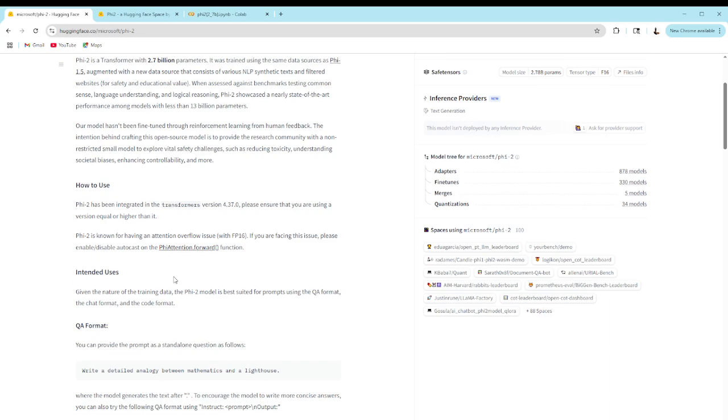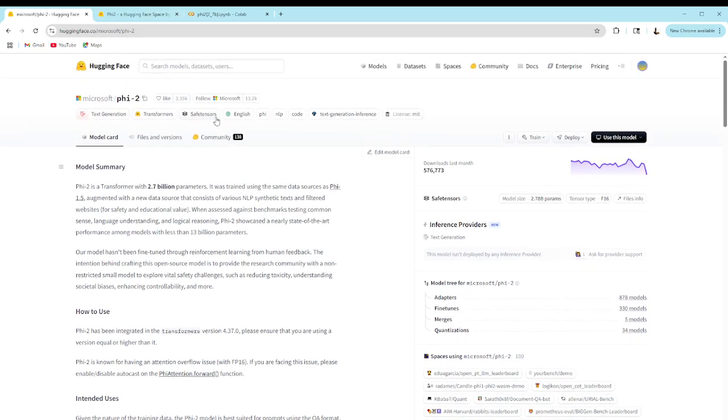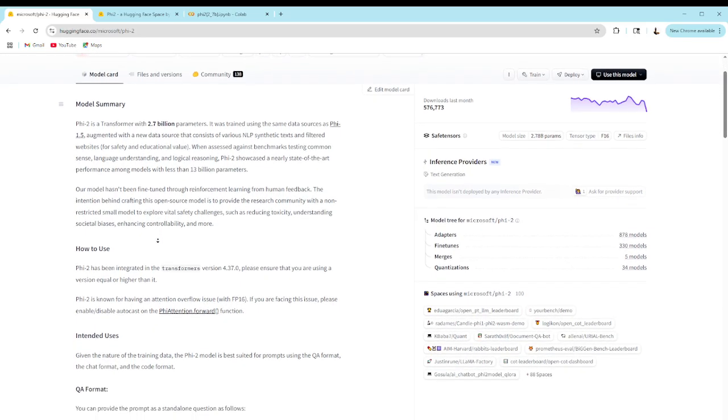If you want to look at what I'm showing right now, it's just on Hugging Face. Just go to huggingface.co/Microsoft/Phi2. This is an open source AI published by Microsoft.